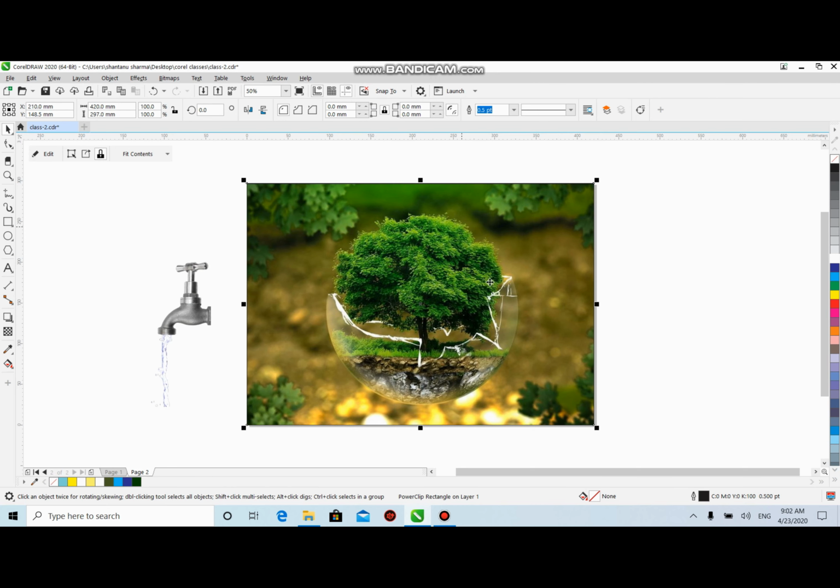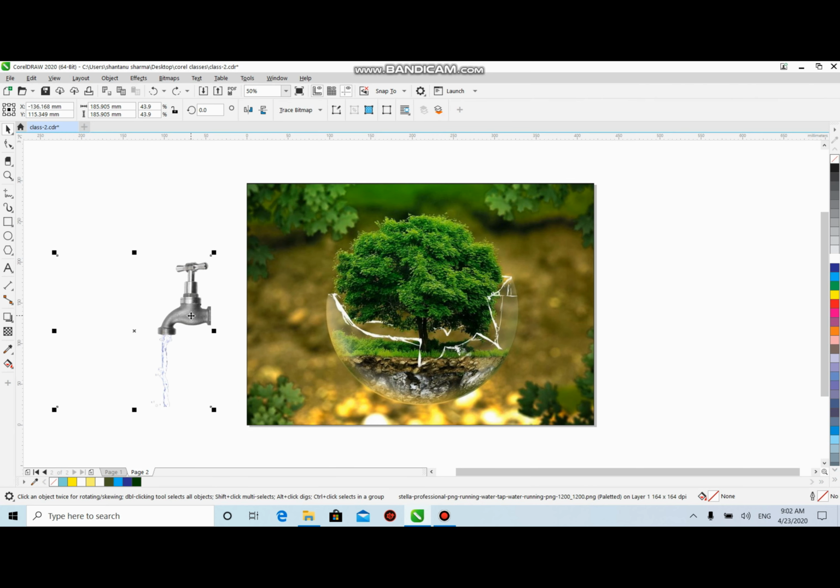So this is how my image is fixed in the frame. Now it is my page with this particular picture. Now I want to take this tab. I'll select this. I'm not going to fix this tab in the frame because I want